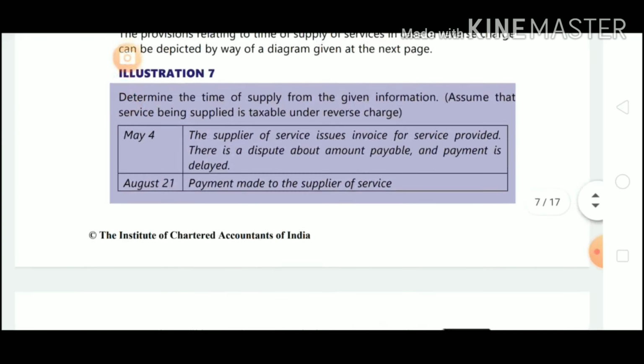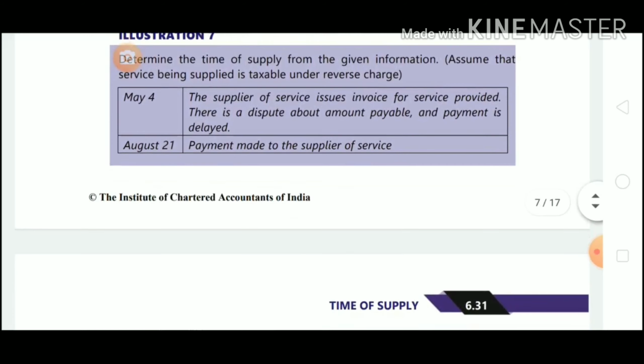Now this is supply of service under reverse charge. So recall the provision. Remember 61st day was there. What were the events in that case? Recall once. In that case it was given date of recording the payment in the books of account of the recipient, date on which payment is debited from the bank account of recipient, and 61st day from supplier's invoice. So in this case we don't need to take out the earlier of those dates to find out the payment date. They have directly given us the payment date August 21. So we'll take earlier of August 21 and 61st day from supplier's invoice.